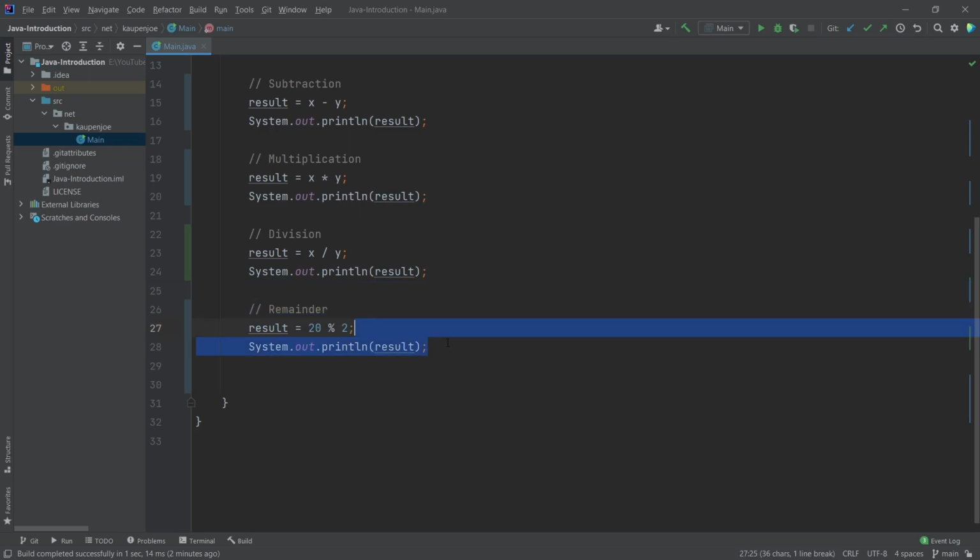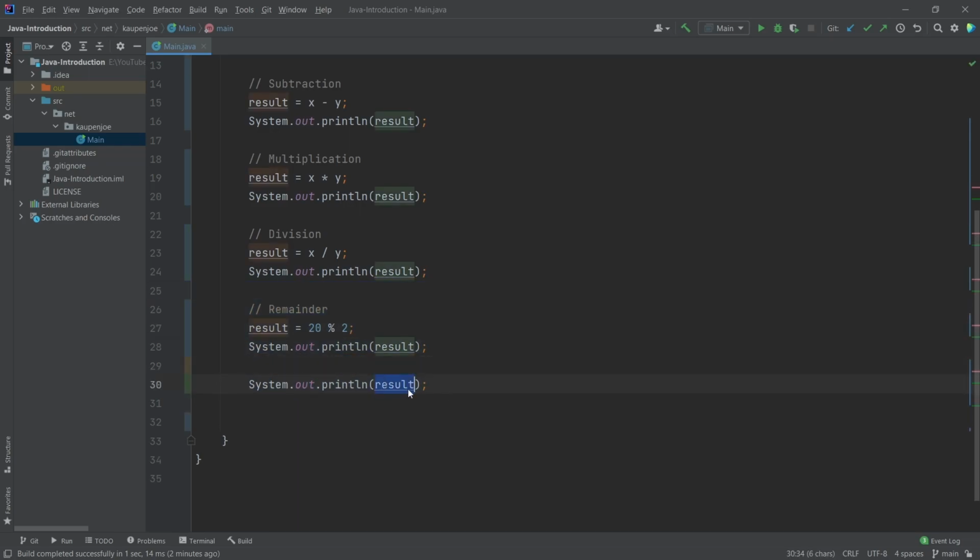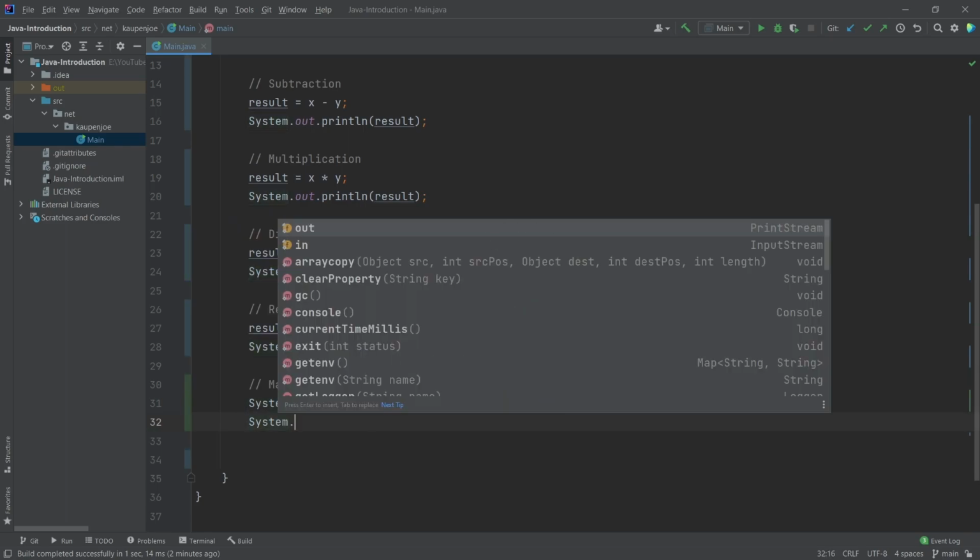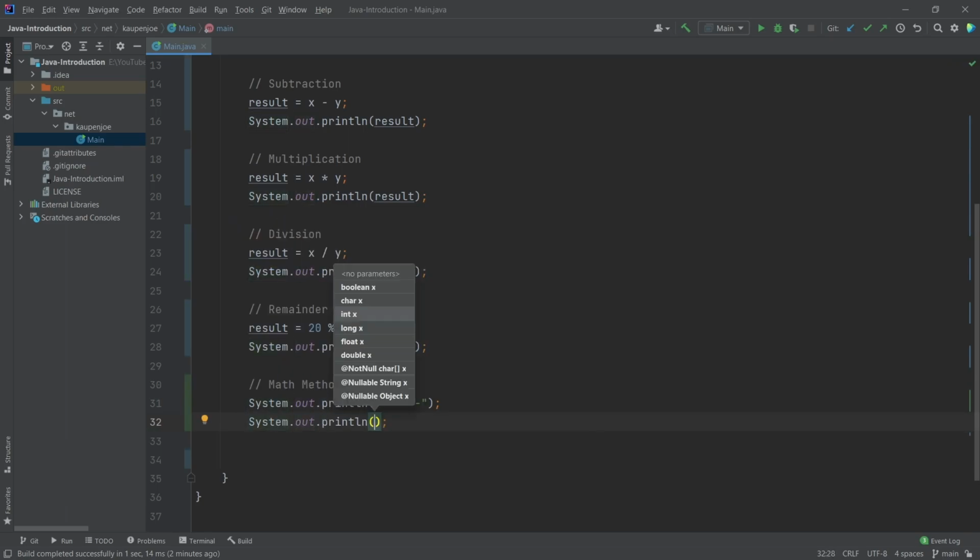And then there's one more thing. I'm going to copy over this, and I'm just going to say something like that, just so that we have sort of a border around here, because we're going to also talk about math methods. Now, we won't worry too much about the details of what is a method. The thing is, there are some functions when you think back to mathematics that can't be easily described. So what we can say, for example, is System.out.println, and what we can then say